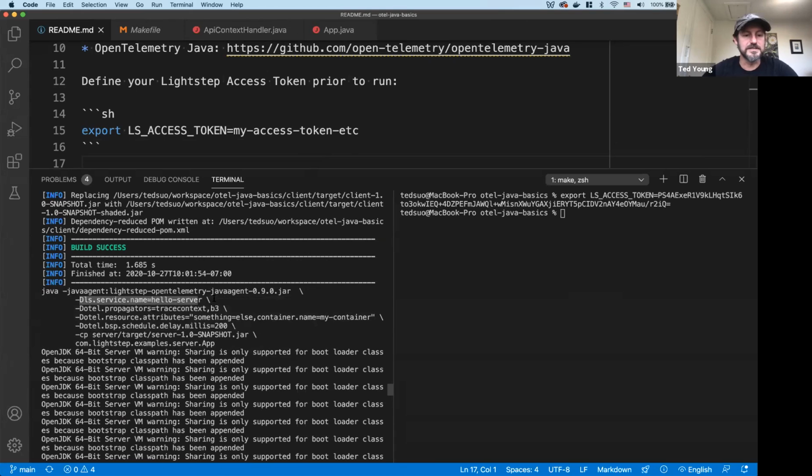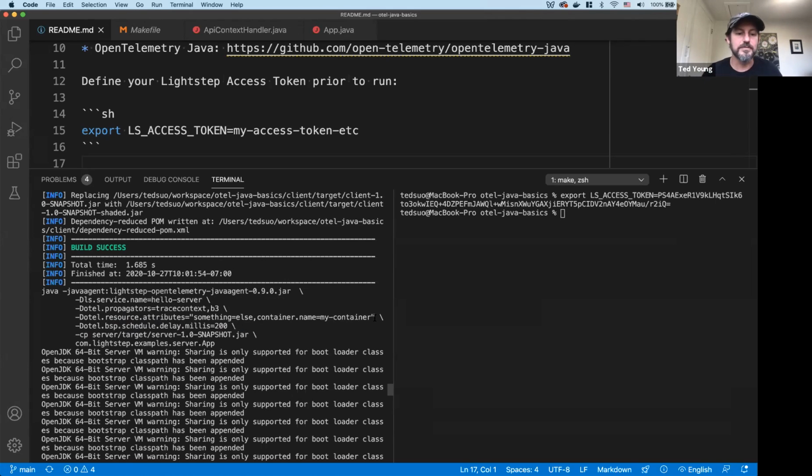One thing we've done is we've named this service Hello Server. It's important to always add a service name so that you can identify the service that's issuing the spans. Propagators, we've configured this to propagate both trace context and B3, as per that discussion before. And then we're also adding resource attributes. Resource attributes are a way to actually index your services. So it's not just adding indices onto your traces. You also want to add indices onto the services that these traces are flowing through, because that's another way to correlate data.